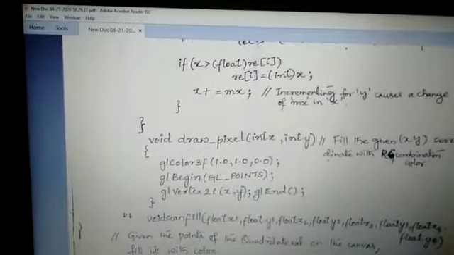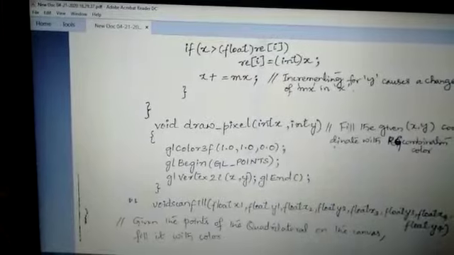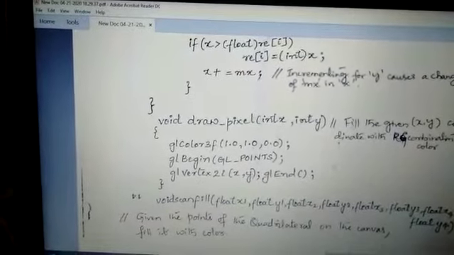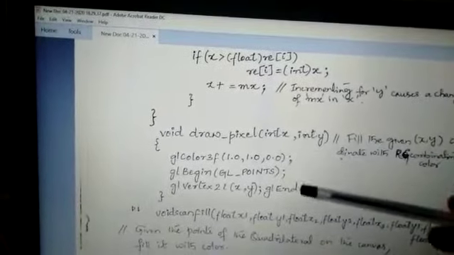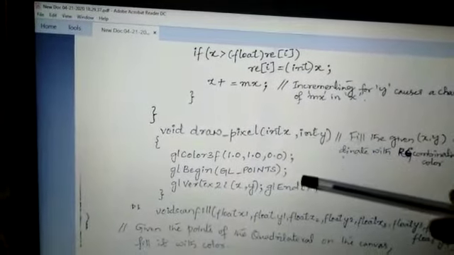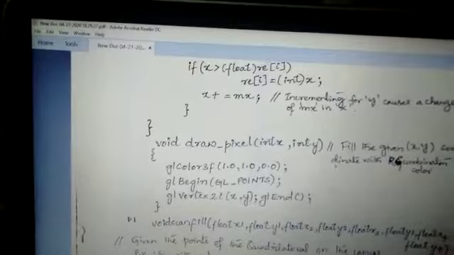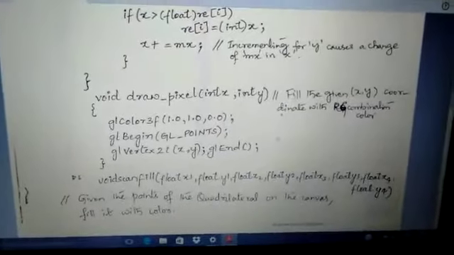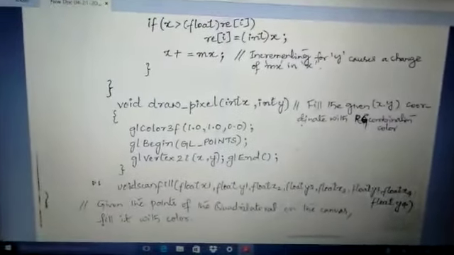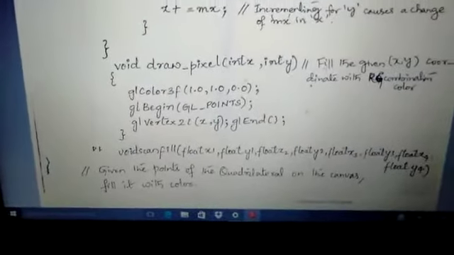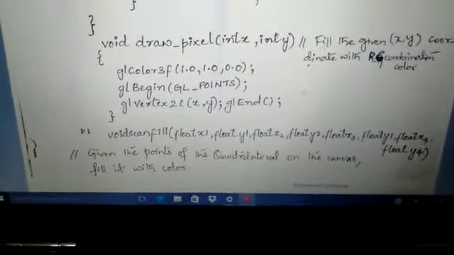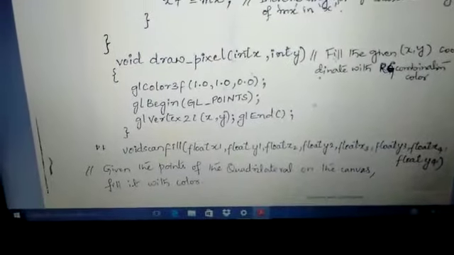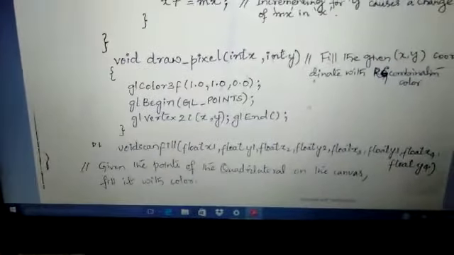Then for filling up the given x of y coordinates with an RGB combination, we have draw pixel, where we consider all the pixels with respect to the given color. Then void scan fill provides us the points of the quadrilateral on the canvas that should be filled with a certain color.